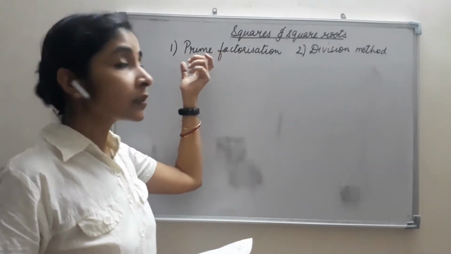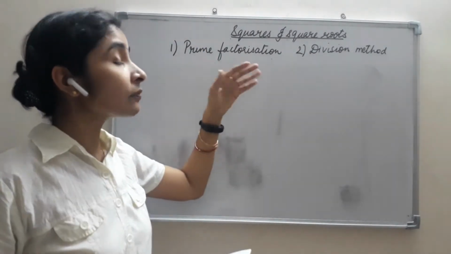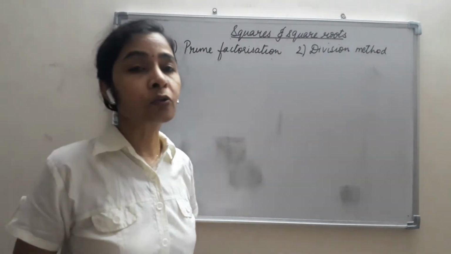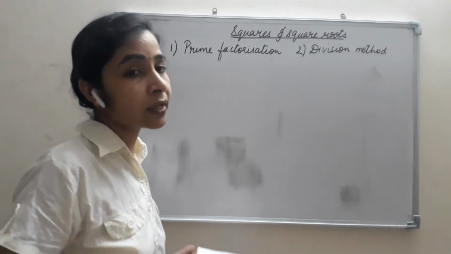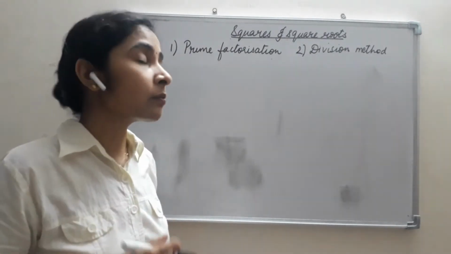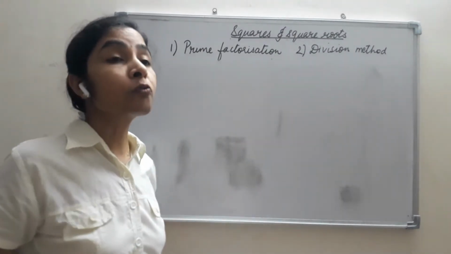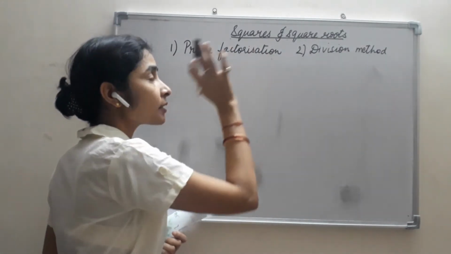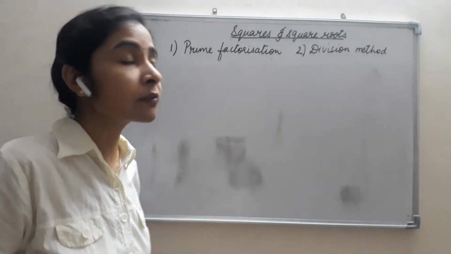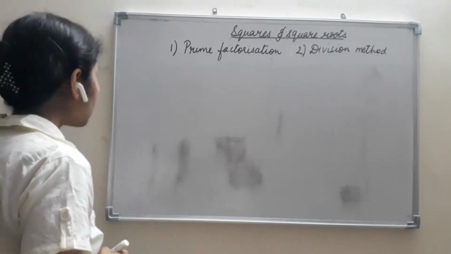In our previous video we did the prime factorization method, and in the video before that we did the concepts regarding squares and square roots, how to recognize squares and perfect squares, whether a particular number is the square of another number or not, and the number of numbers between two perfect square numbers. All those concepts we discussed in our first video. In the second we did the prime factorization method, and in the third we are now here with the division method.